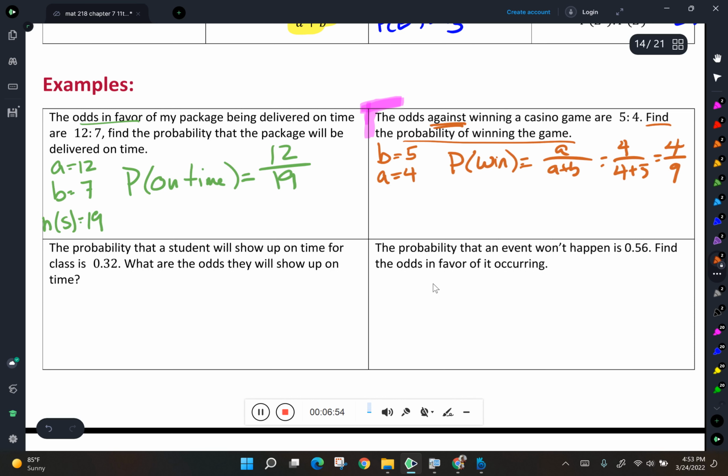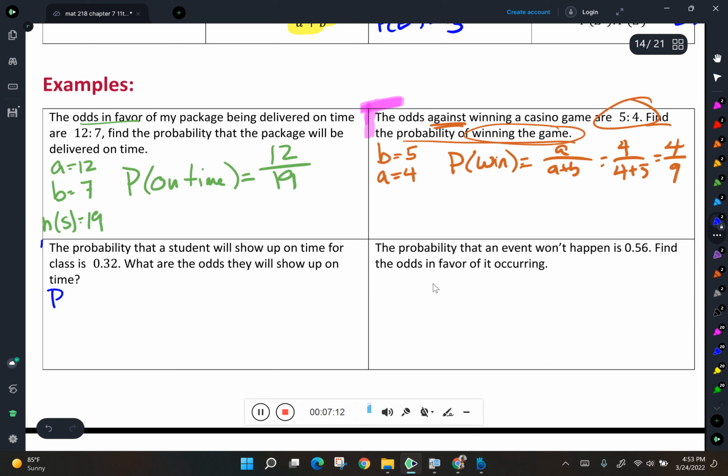That's 4 ninths. Do you see how it was kind of tricky? Because they gave us the odds in the negation or in the complement sense, but asked us to find the probability directly. Okay. All right, down here in the lower left, probability of a student will show up